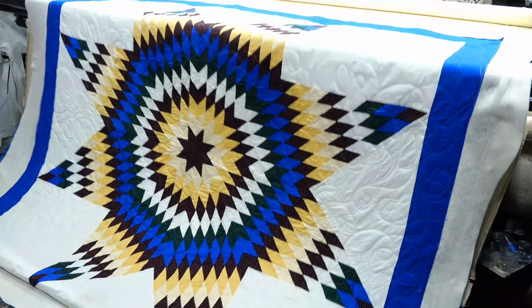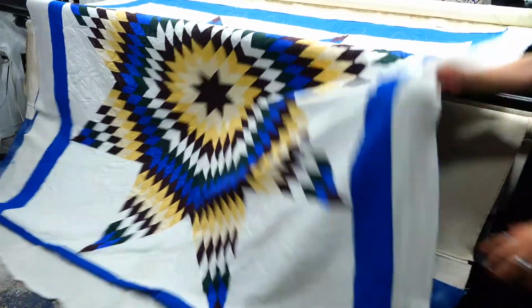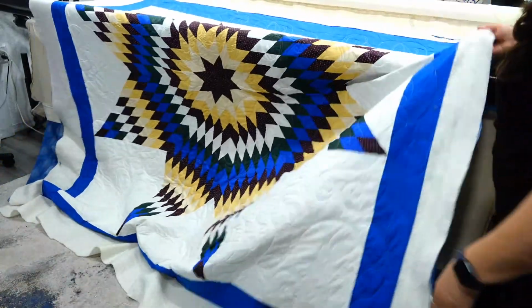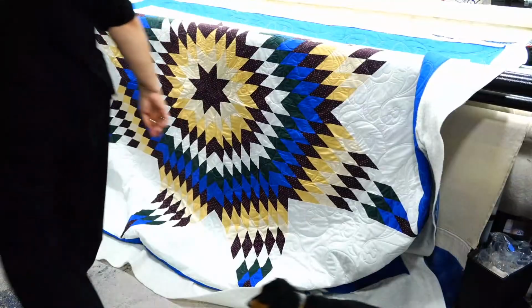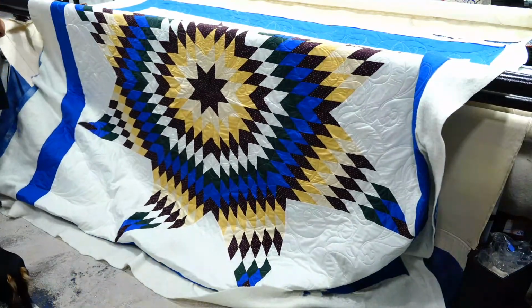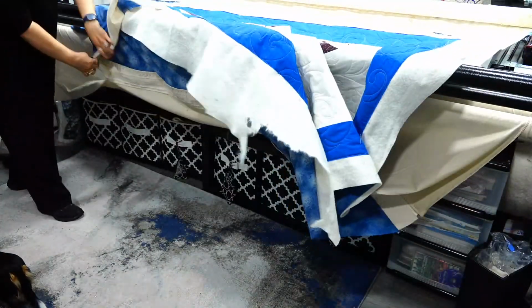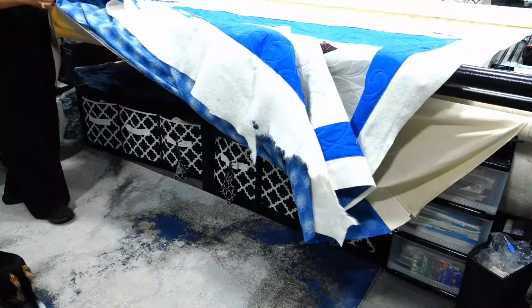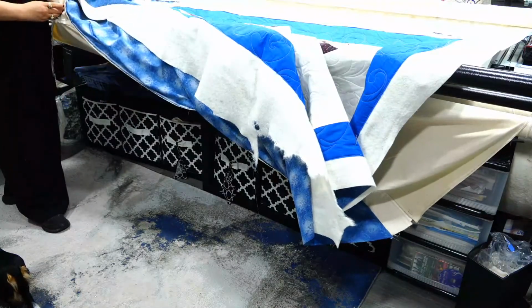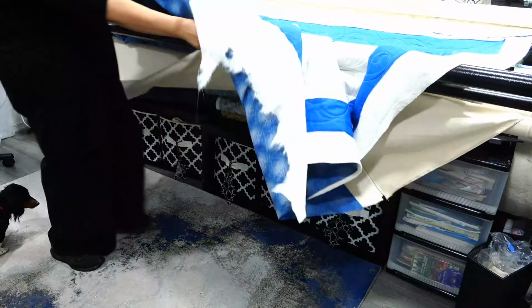Look how beautiful. Look, now you don't see, I'm gonna unsew it. Now you don't see how warped it was in the bottom. Let me move it. You don't see the warpage, but like the lady on Etsy, she has